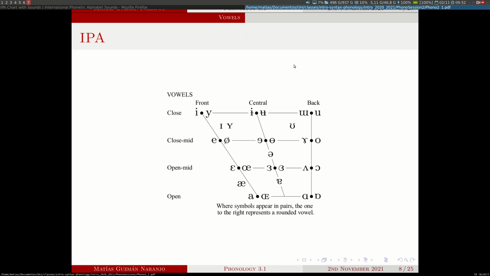I don't think that there's any language which uses all vowels. Most languages use 5 vowels. The 5 most common vowels in the world's languages are I, U, a vowel in this place which is an A, and vowels here in the middle which are E and O. And this is basically the Spanish system. It's very, very common. There are also quite a few languages which only use 3, which are I, U, and